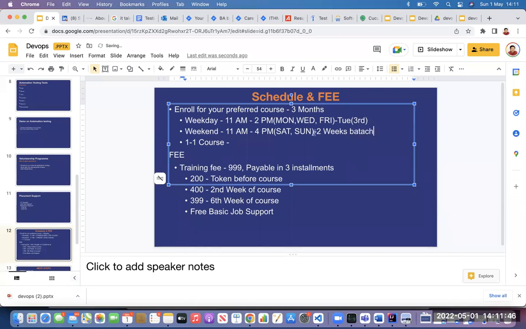Or if you have specific criteria, then you can ask me for a one-to-one course. If you have 5 people, then the price will be the same. If you have fewer than 5 people, we have to slightly increase it because we have to pay the faculties. So if you can bring a batch of 5 people to me, I can give you a customized course with a faculty only for you, like only your friends and family. You can have customized timing, morning, evening, whenever you're free, and you can have a one-to-one course with your trainer. Or we can have the 11 to 2 o'clock batch.